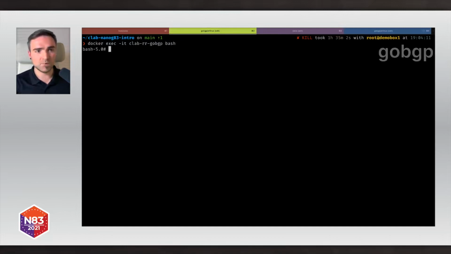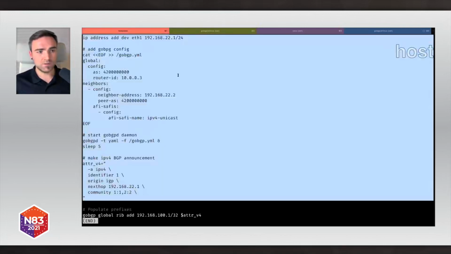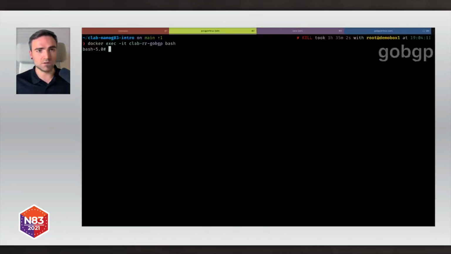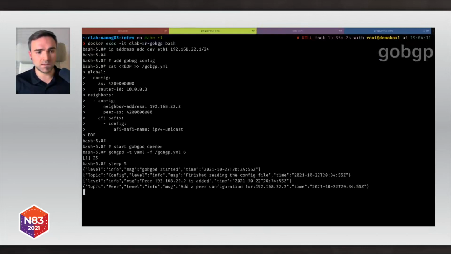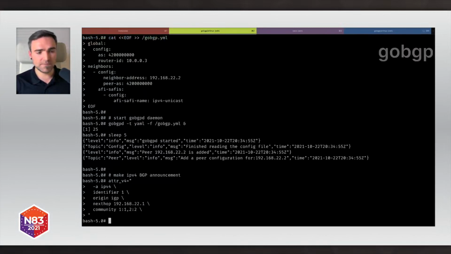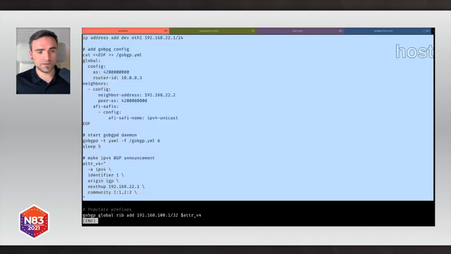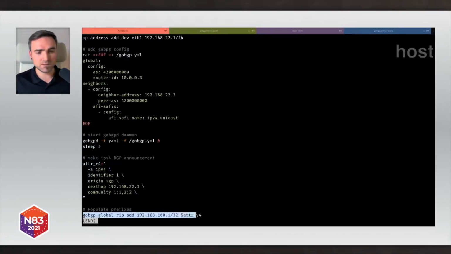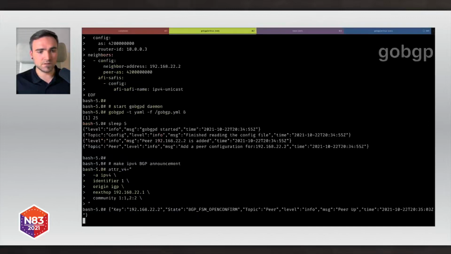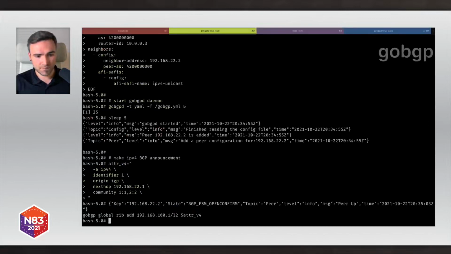So now I'm in the GoBGP container in the bash shell, and I will copy this configuration to the shell. So that's what I did here. I started the GoBGP daemon, sorry, and now it is really ready to start announcing the route that we prepared. So if I do this command here, it should start